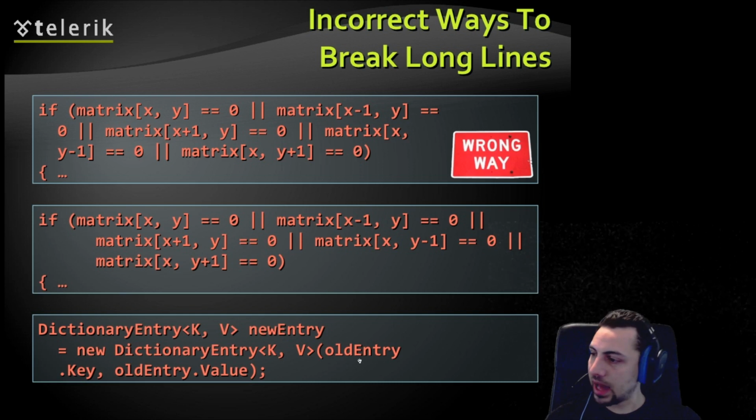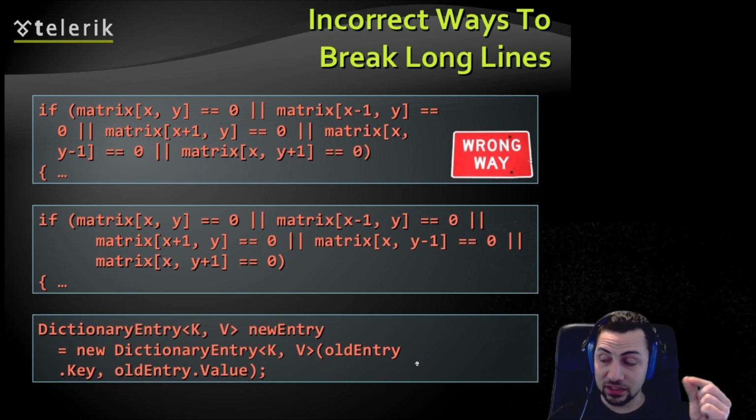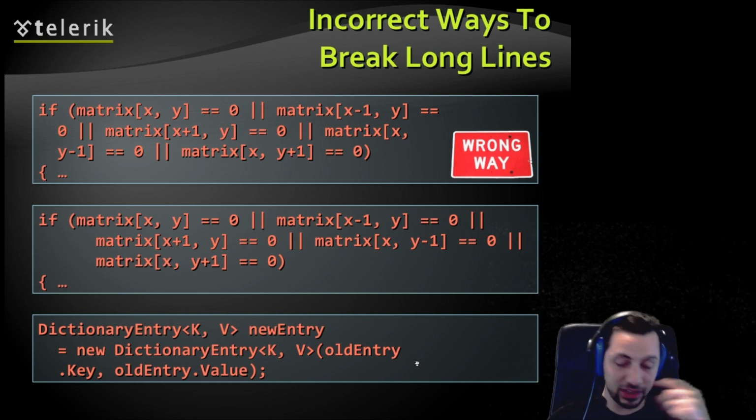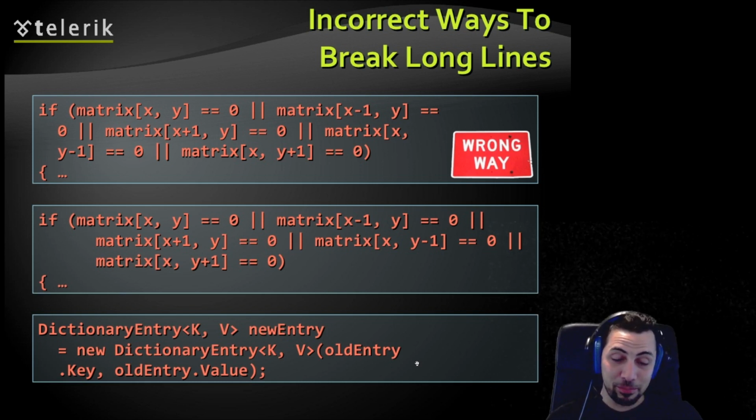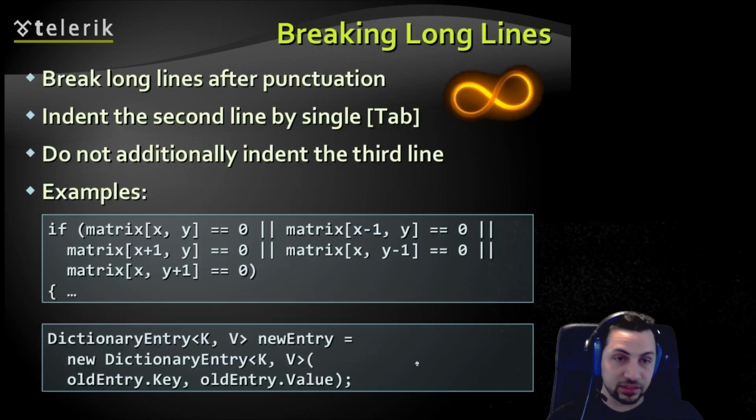This technically compiles: old entry, new line, dot key. That's allowed because the dot is an operator, and you can have white space in between an operator and its operand. But it certainly looks like the key is just old entry, not old entry dot key, and that's very misleading. And as I said a few slides ago,